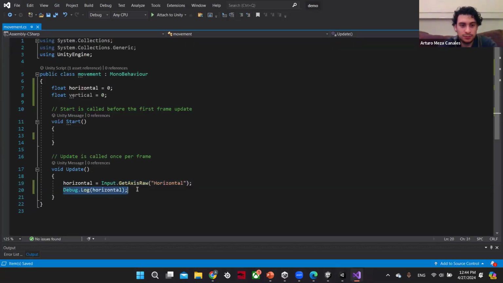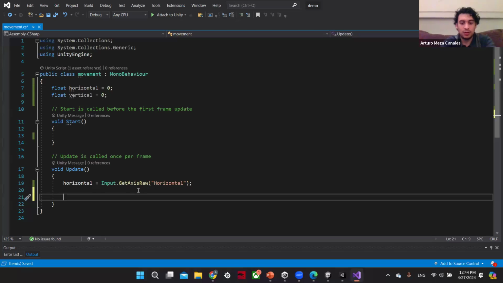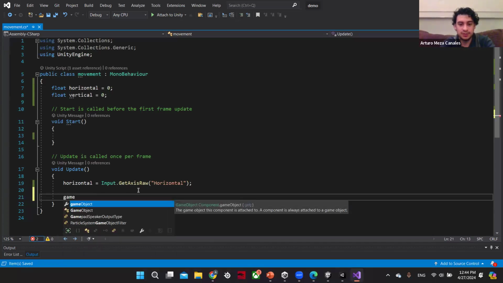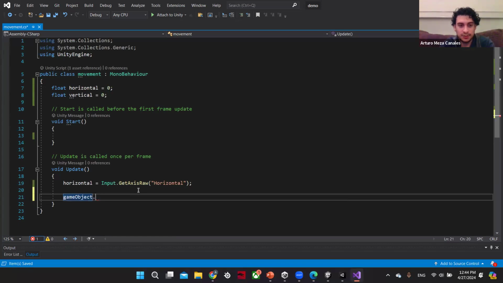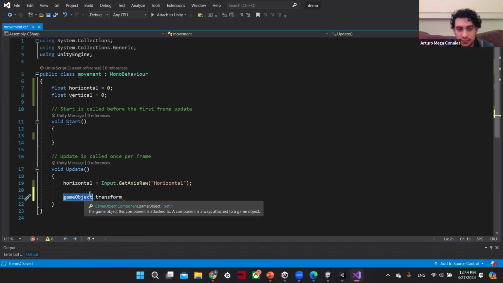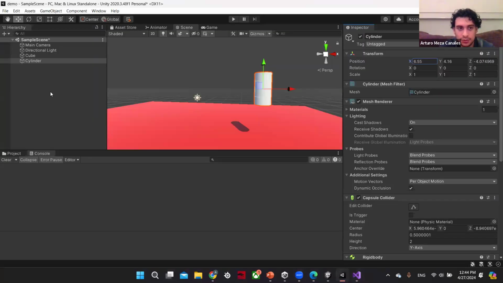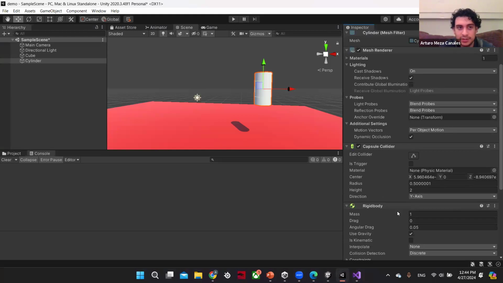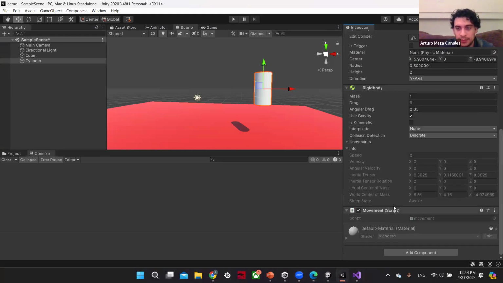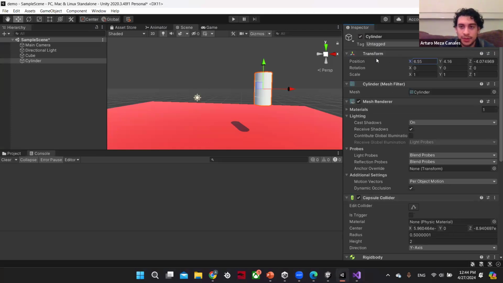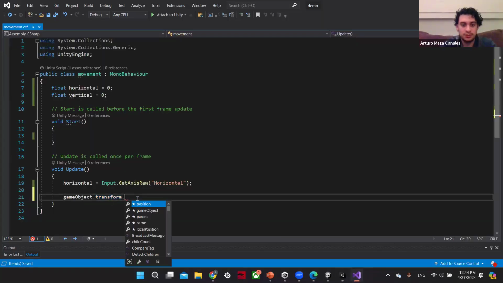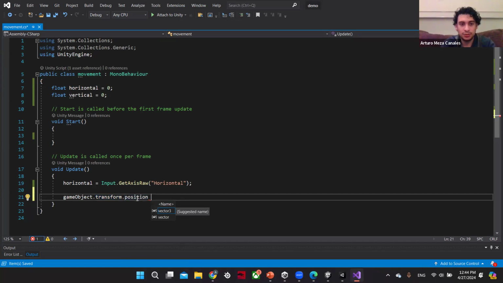So as you can imagine, what we're going to do is call our game object. We do this by literally just typing gameObject. What this is doing is saying whatever game object this script is attached to, go into its transform. The movement script that we have is attached to our cylinder. So from this movement script, it'll go up to this transform, and we can change the position of it, right? So dot position, we're going to do plus equals,